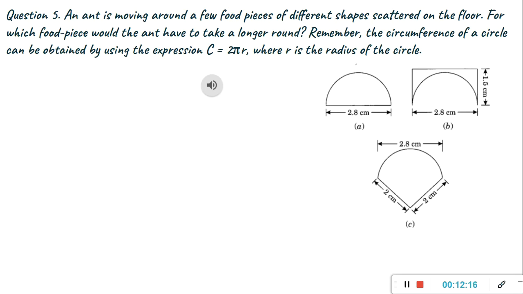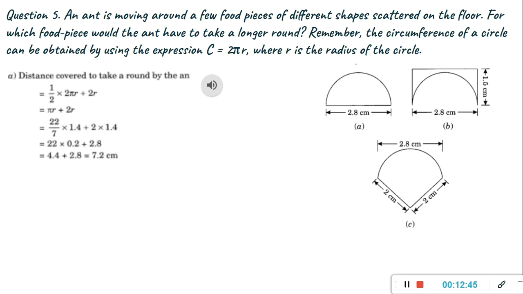So half of it, that is 1.4 centimeter, is the radius. Now one more thing, what is the perimeter of a circle? That is 2 pi r. But what is the half circle's perimeter? That is pi r itself. Half of 2 pi r is equal to pi r. But in the first figure we cannot take only the circumference, because the ant is moving along the diameter also. So the diameter 2r we have to add: half into 2 pi r plus 2r. Yeah, you can write pi r plus d. That is the first answer.